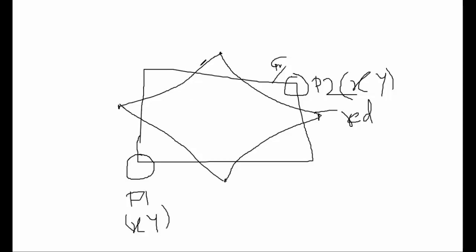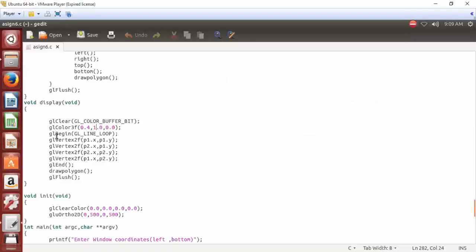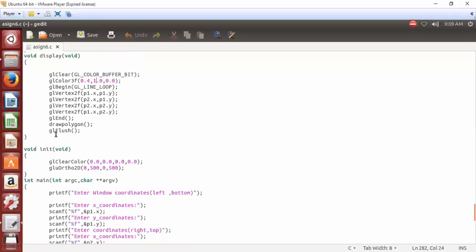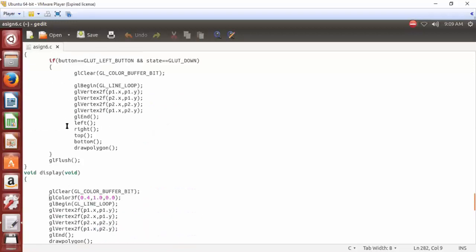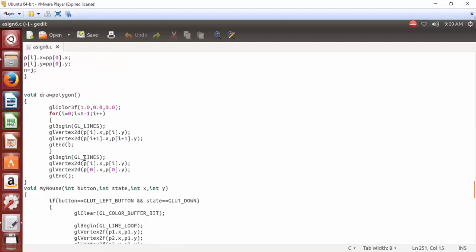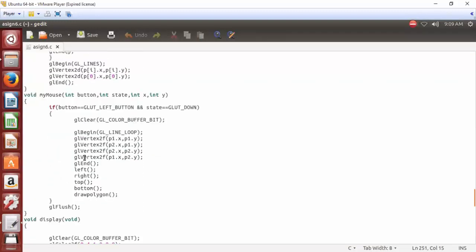So let's see the next part of the code. After drawing the window in the display function, and after drawing polygon P in the draw polygon function, we are waiting for my mouse function. In my mouse, we have the same code which we used earlier. So when your left button is clicked, the state is down.